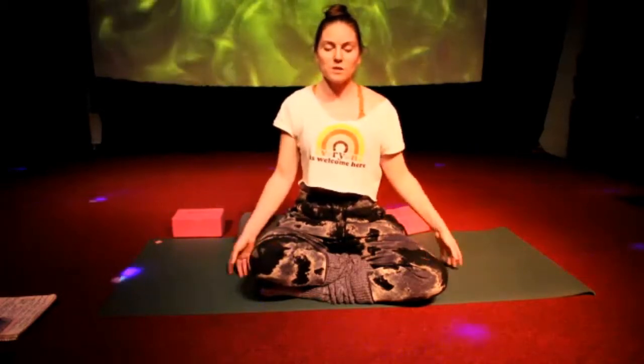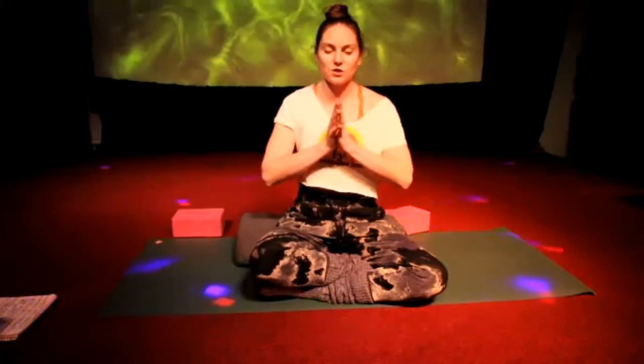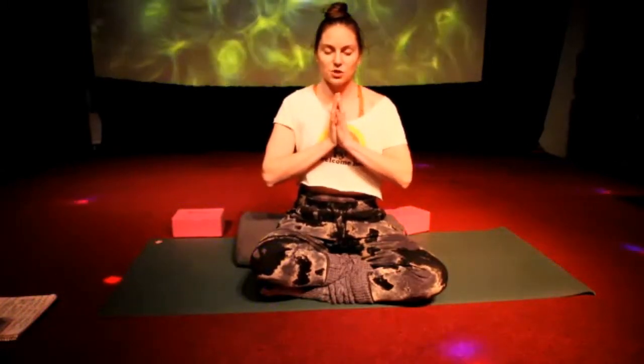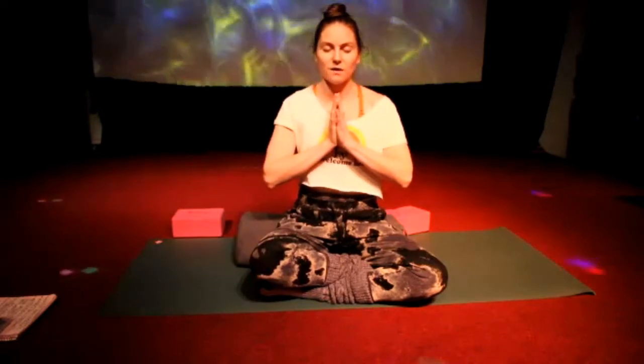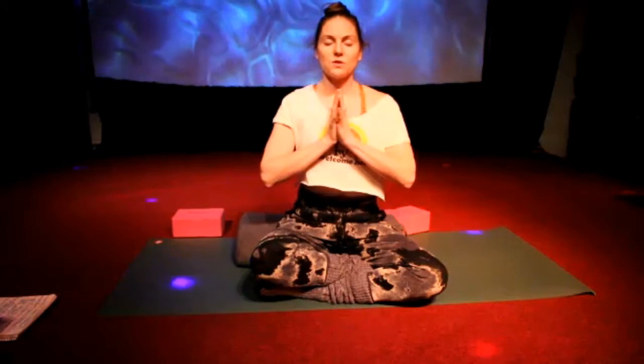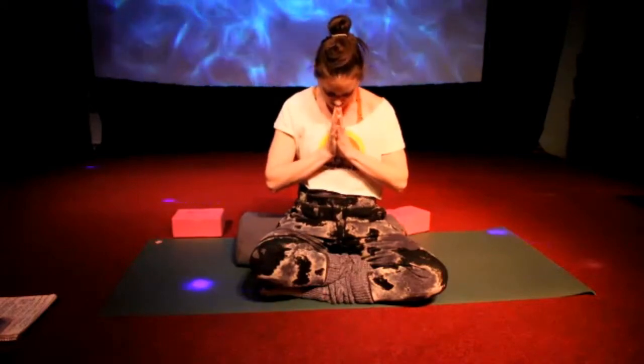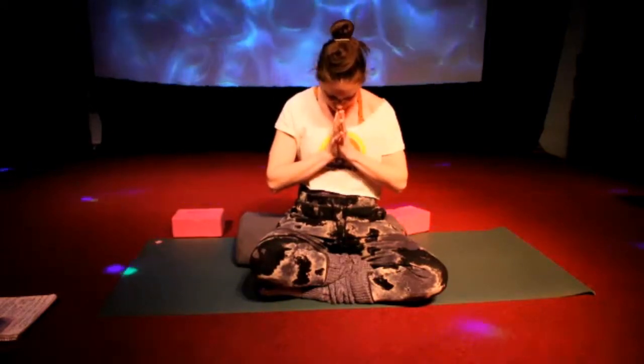Drawing the palms to heart center for Anjali Mudra. Allowing the thumbs to touch your chest as you inhale. Feeling a gentle lift of your shoulders. With your exhale, you can draw your chin down into your chest. Taking this bow of gratitude to yourself